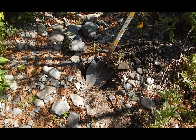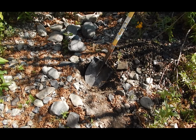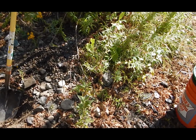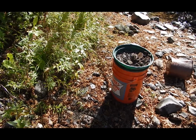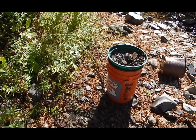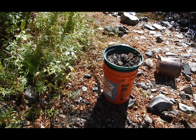All right, this is the spot I selected to dig. As you can see, I've got about one shovel full all the way around. So maybe a couple gallons or so of material. And I'm processing it just like I usually do with a 5-gallon bucket and screen. Okay, so wash, screen, throw the material back over around the hole so I can fill the hole back in